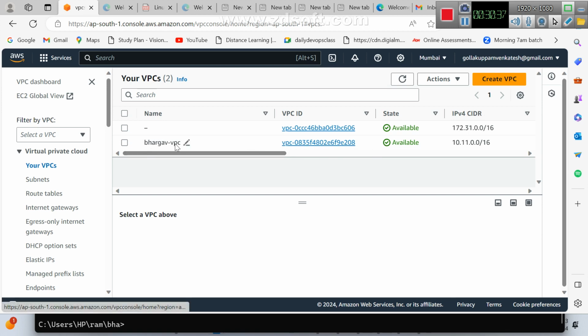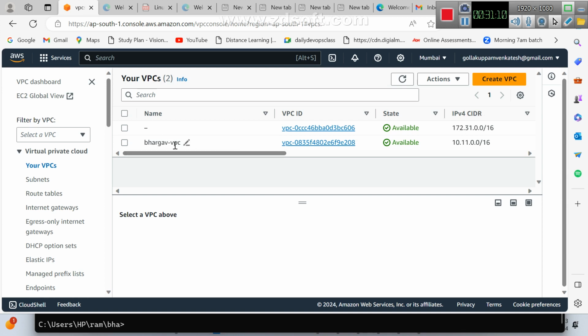Is it a Terraform resource or a non-Terraform resource? Give me the answer. Non-Terraform resource. Very, very important. To convert a non-Terraform resource into a Terraform resource, at that time you should go with Terraform import. I hope it's a very simple answer, right? Non-Terraform resource, what you want to convert it into? A Terraform resource.